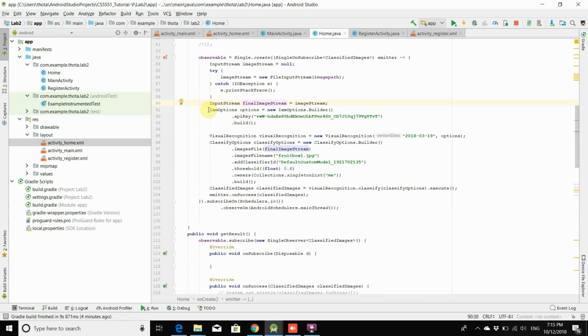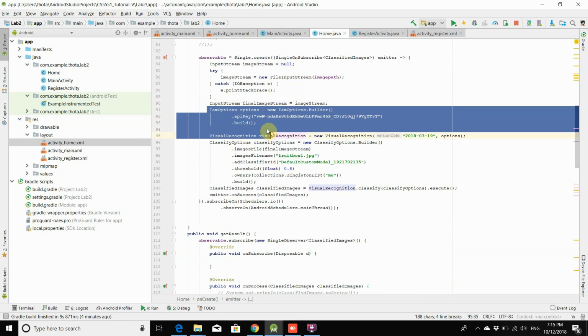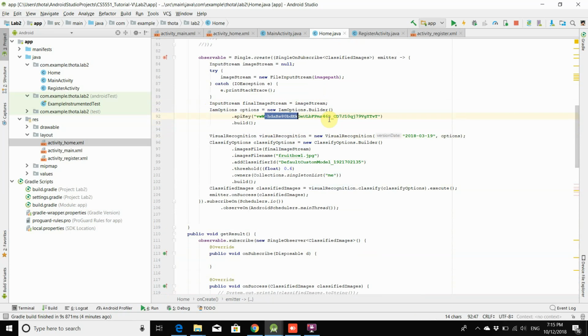Now that I've got the image, I'm first authenticating to my IBM account using IAM options. This is my key for the IBM Watson Visual Recognition. After that, I'm creating a visual recognition object by specifying the version and the options. These options are nothing but my API keys. Now when I'm trying to classify, I'm giving my classification options. That is, my image file is this final image stream which I have given here with the file name, and the classifier ID is this, my custom